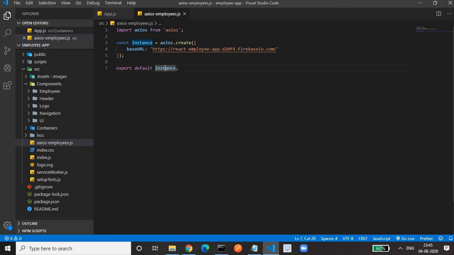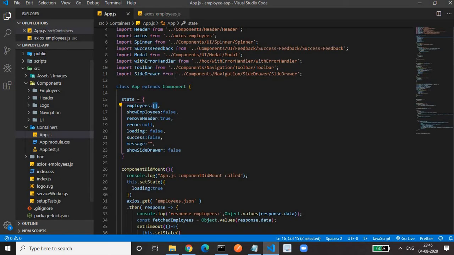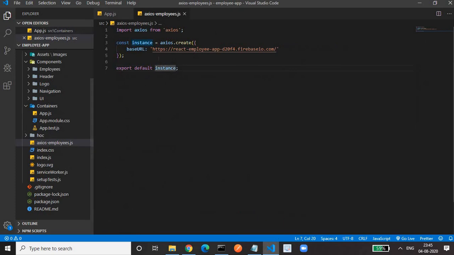After creating an instance of Axios, wherever the component needs the HTTP call, import Axios from that file. I have named it axios-employees because I want to fetch the data for the employees. For a different page, you can create a different instance of Axios. Why am I creating separate files?